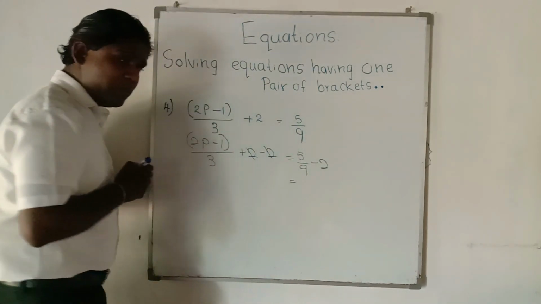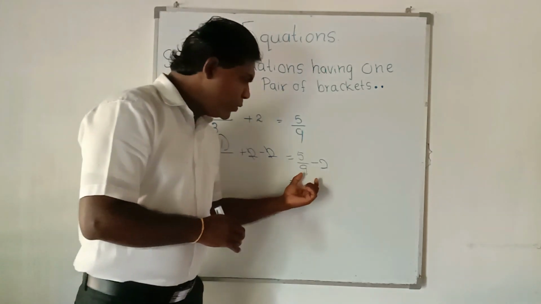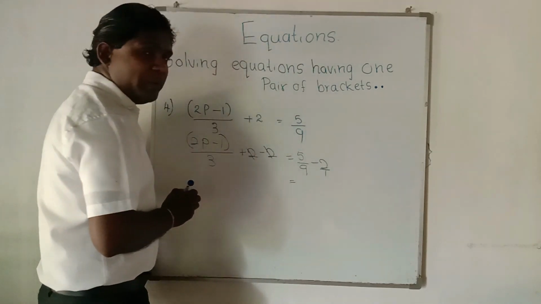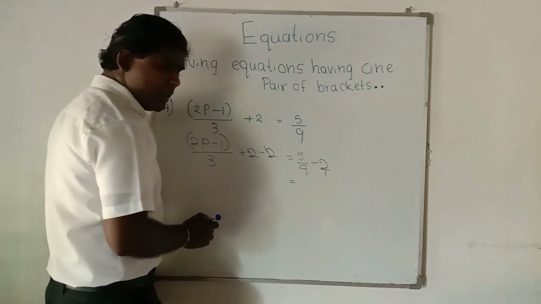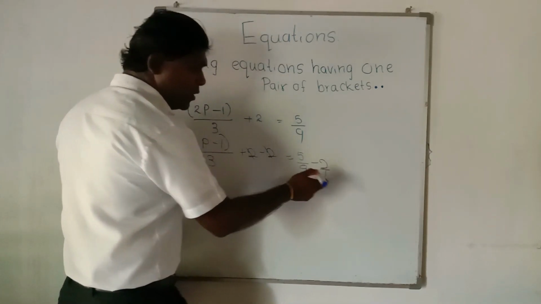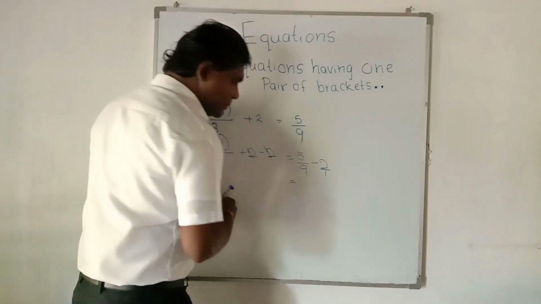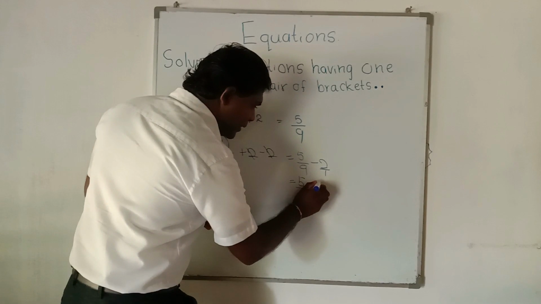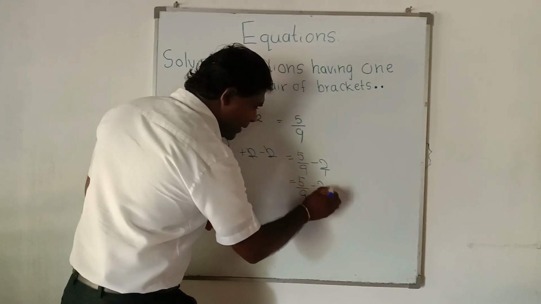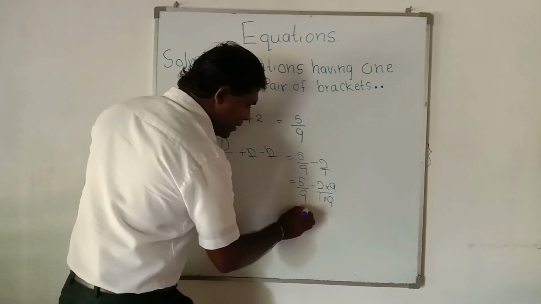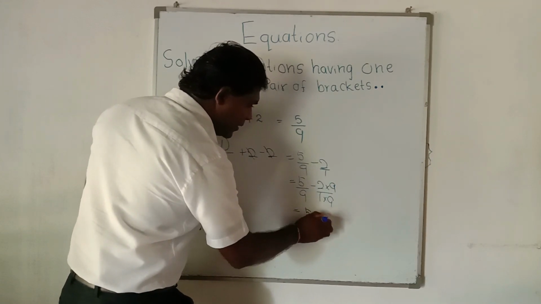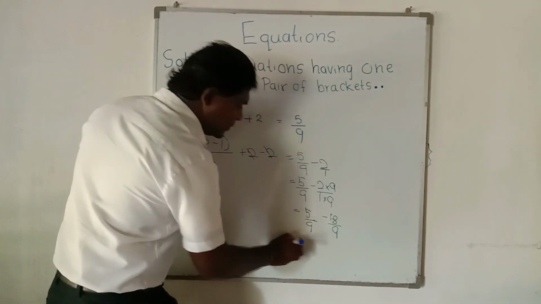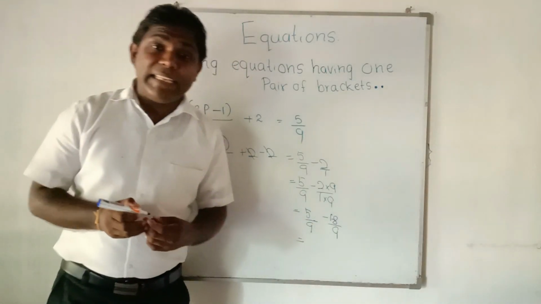Here we have some problem. No, not a problem. What do we have to do? Find the common denominator. The denominator here should be 9 also, because of 5 upon 9. So 2 upon 1 also multiply by 9. 2 multiply 9 is 18 upon 9. What is 5 subtraction 18?